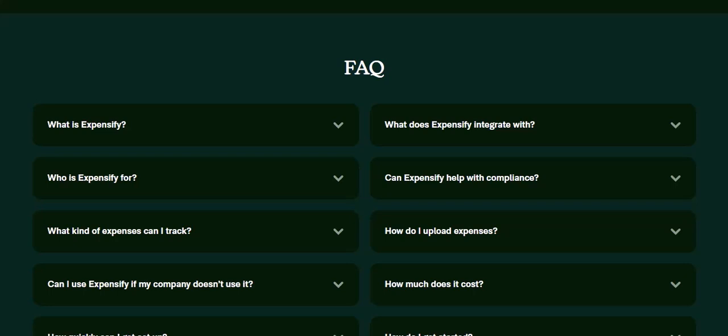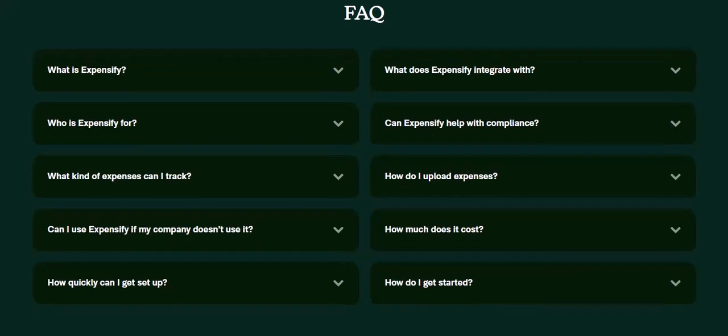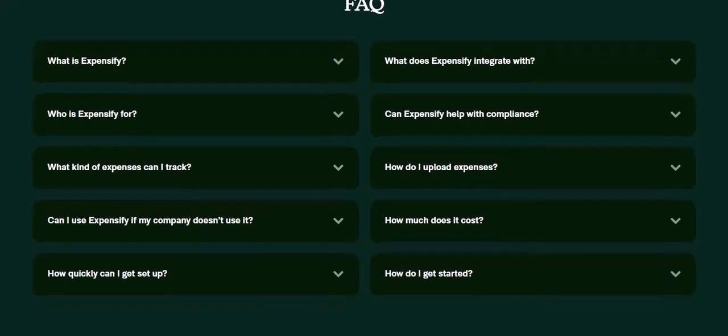Expensify truly takes the headache out of expense reporting. By leveraging its various input methods, automated features, and streamlined reporting, you can ensure your expenses are always accurate, organized,